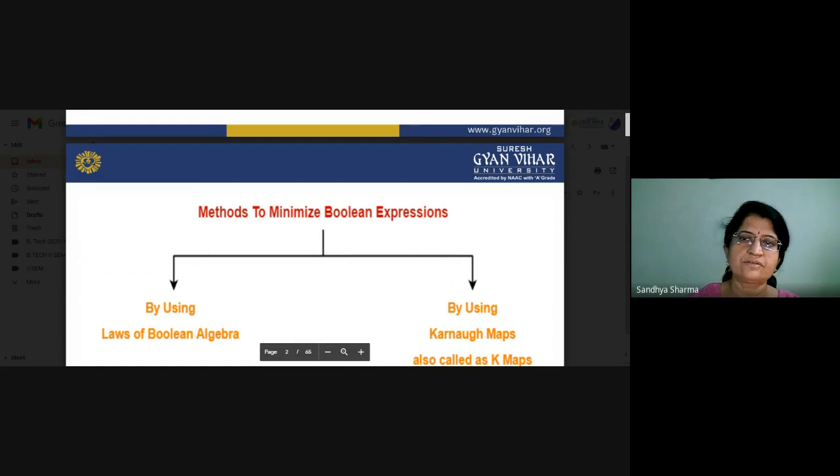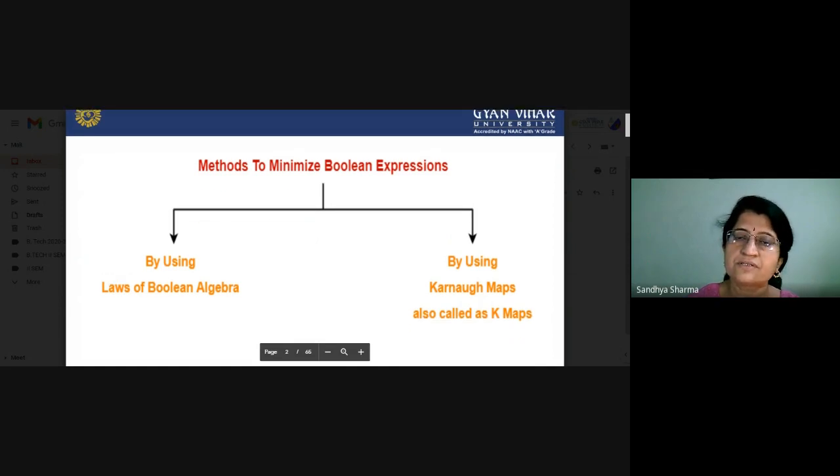As in our previous lectures, we have seen what Boolean expressions are and how we can minimize them. At the initial level, we can apply some laws of Boolean algebra and try to solve the equations with the help of Boolean rules. Then we will move to the Karnaugh maps. This is also called K-maps, and by using these maps, we will see how easily we can minimize our Boolean expressions, and how we can minimize or optimize our circuits. It is very easy to realize a basic circuit analysis by using these expressions.